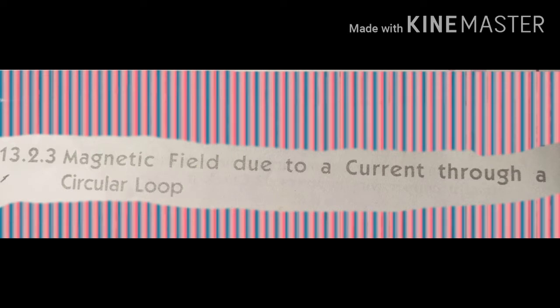For this, you just take one cardboard. On that cardboard make two holes and give them the names A and B, just like this. After that, on holes A and B, insert the circular conductor wire. The circular wire is inserted into the cardboard. Then the end of the circular wire that comes out of the cardboard, you just connect it with the cell. Connect it with the cell. Clear?